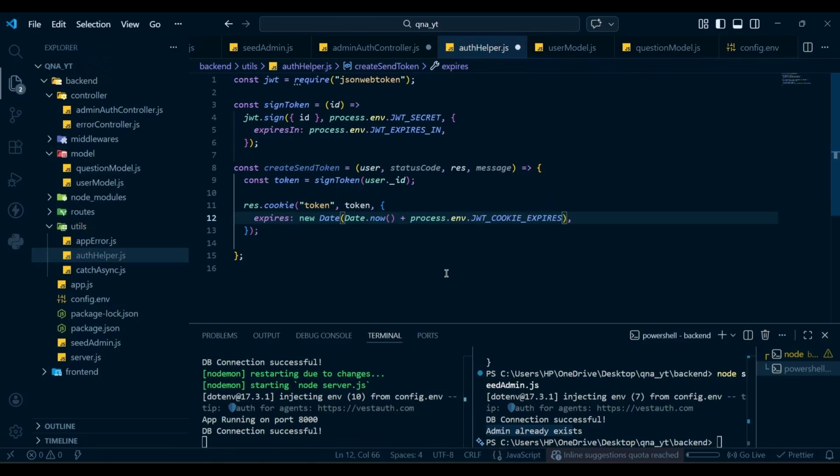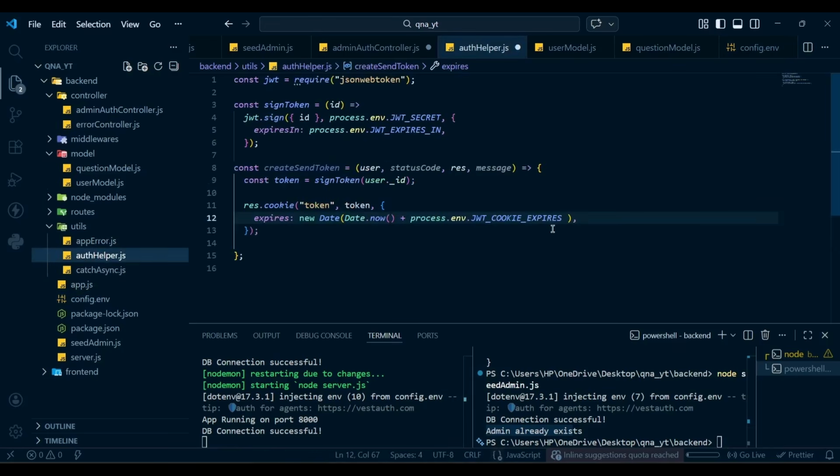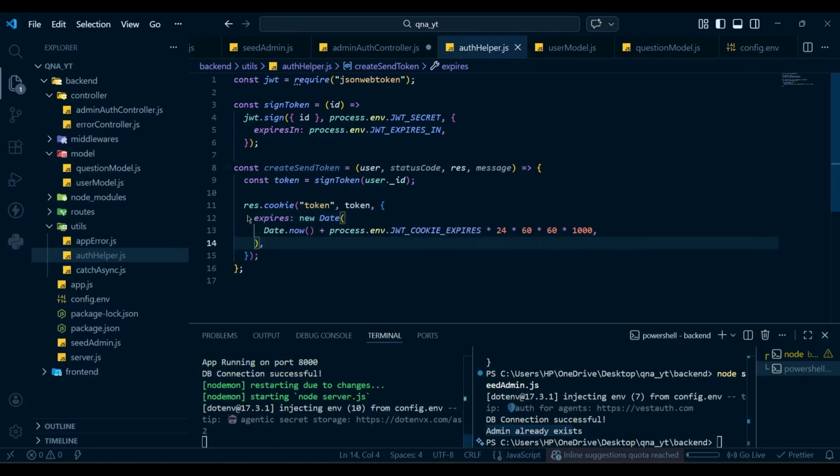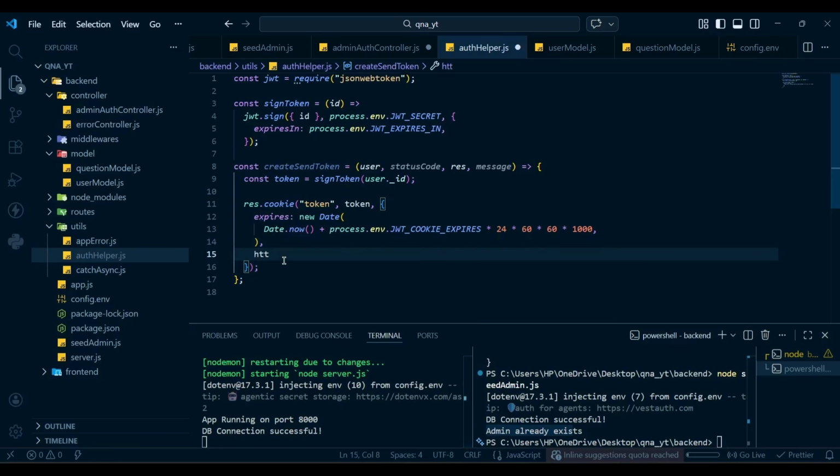Cookie expires, let's see, cookie expires, and then we're going to multiply it with 24, 60, 60, and 1000. That's it. This is our expires now, and then the HTTP only will be true,